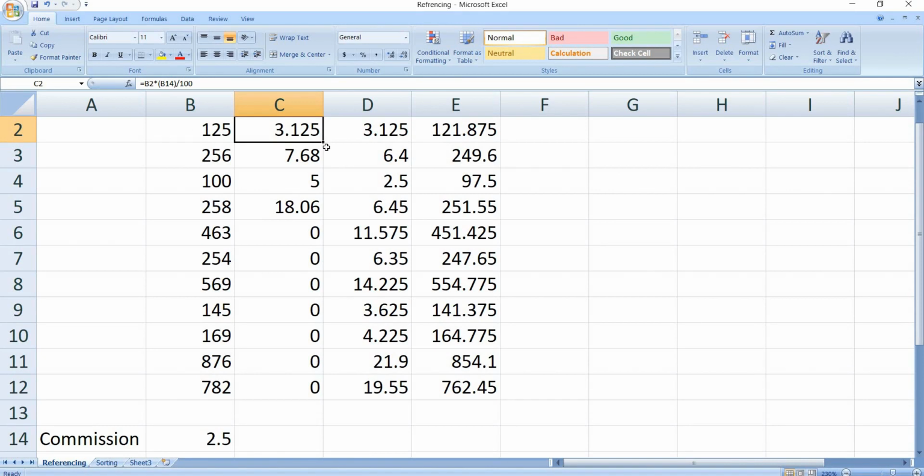The square at the bottom right corner is called the autofill handle. As you point at the autofill handle, the mouse pointer will change its shape, and when you double click on it, the calculation will take place automatically.